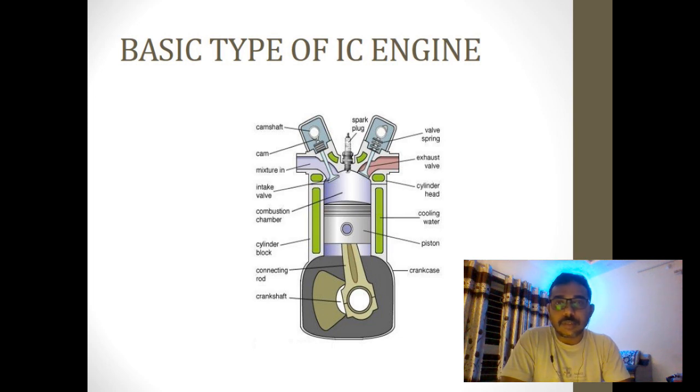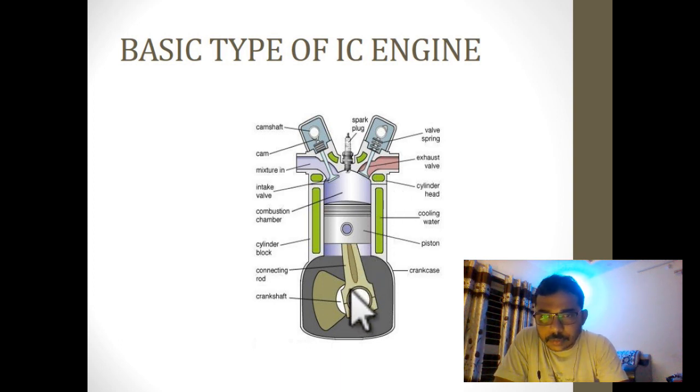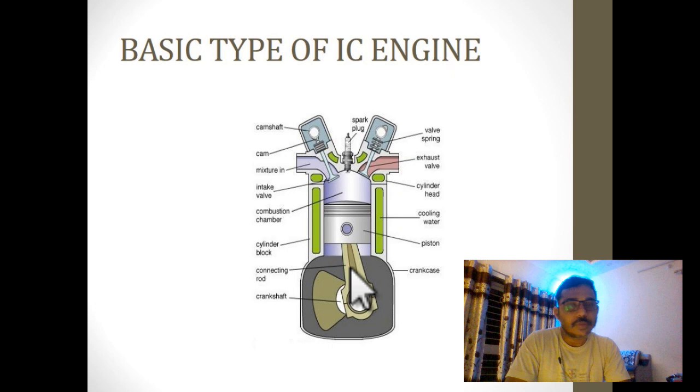We all know the basic types of the diesel engine. Diesel engine is an IC engine, that is an internal combustion engine, which consists of cylinder, piston, crankshaft, connecting rod. Over here, this is the piston, there is the cylinder, here there is the injector, this is the inlet valve, exhaust valve, this is the crankshaft, this is the connecting rod. So these are the basic parts of the diesel engine,